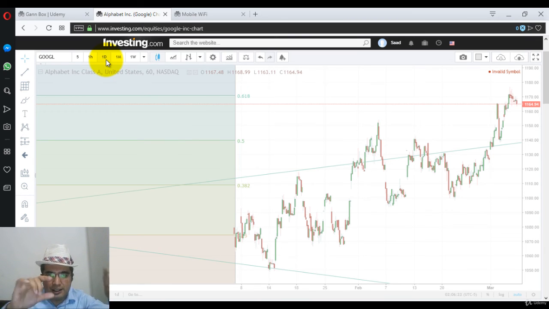Basically, my point was, if you know the levels on the daily chart, then on the lesser chart, you can aim for those levels, because those are the higher levels. So on the lesser chart, you can aim for those levels and trade accordingly. Now on the lesser chart, if you place the gain box, it will be placed on a smaller scale. But the daily chart will have a higher gain box. So the higher gain box will give you higher levels rather than smaller levels. And you can trade those levels accordingly. Let me explain this in the next